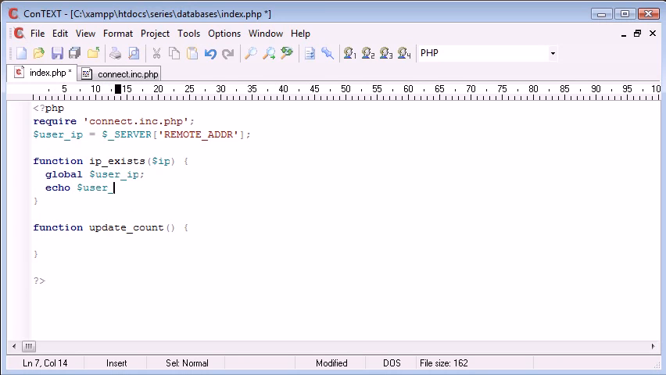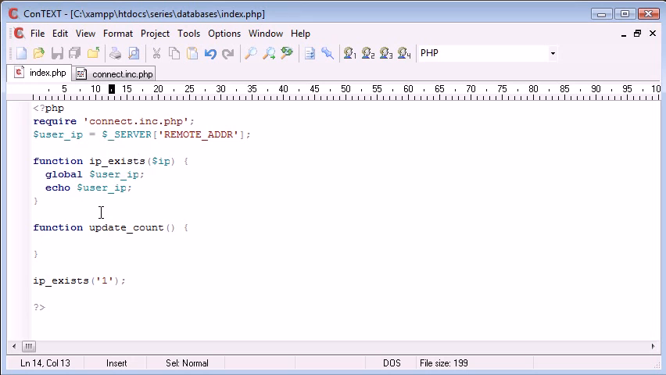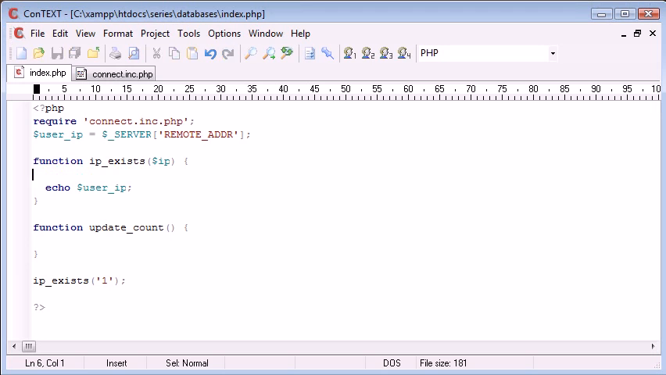So let's just echo out user IP and check that that works within that function. So IP exists, and let's just give this a value of 1, and we can refresh. Now you can see that it's still being echoed out. However, if I was to remove this global keyword and just try and echo out user IP, you can see it doesn't work because we need to make this globally usable inside